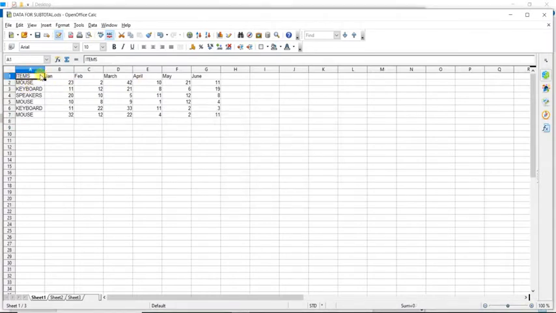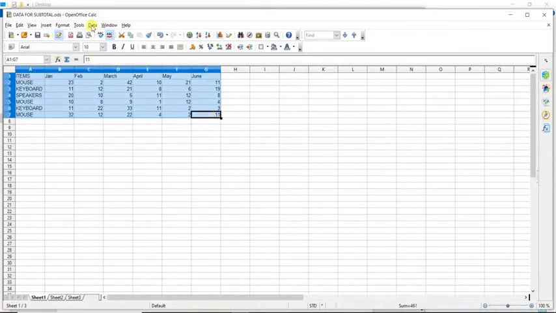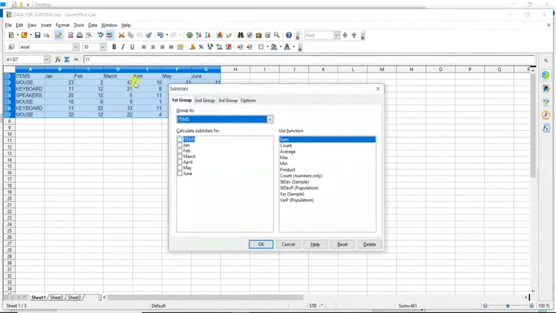If I am trying to find the total in this manner, sum from this column, it is not about subtotal. It is about the overall total. That means overall in the month of Jan, how many items have been sold. But if I want to know for each of the items, then I will go with the option of subtotals.